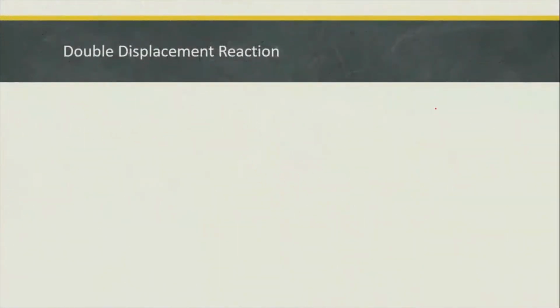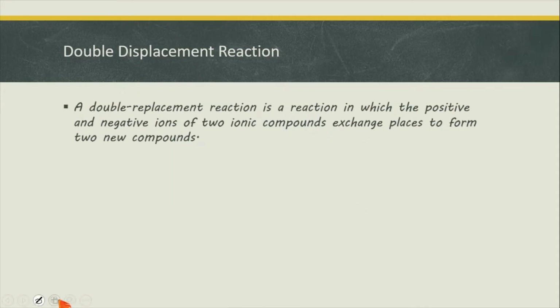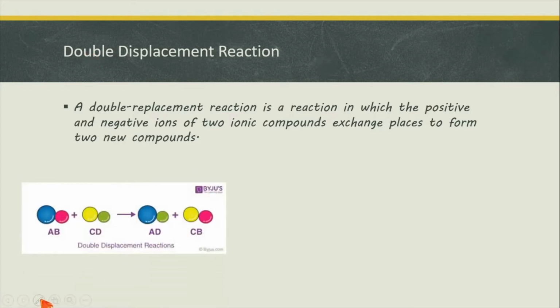So, double displacement reaction. A double displacement reaction is a reaction in which the positive and negative ions of two ionic compounds exchange places to form two new compounds. So here's AB and CD. Take it as B compound and D compound. So when the double displacement reaction happens, the displacement will be double. As you can see in the products,